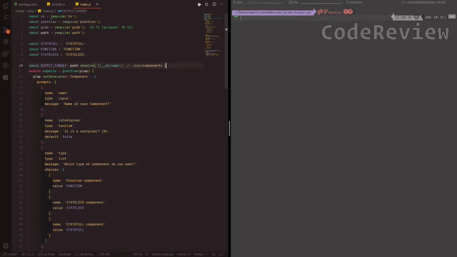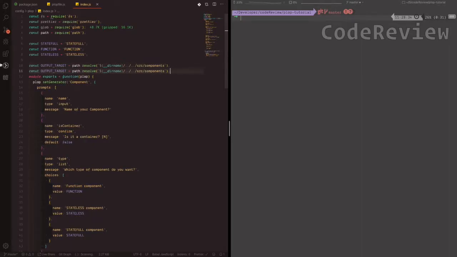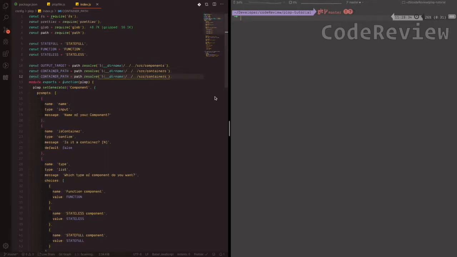So this is the specific components output target. Now I will make another one for container path, and then instead of components I will use just containers. Another one for template path,